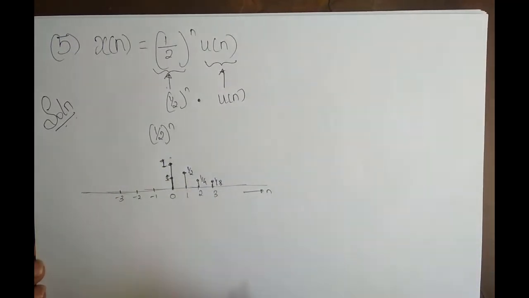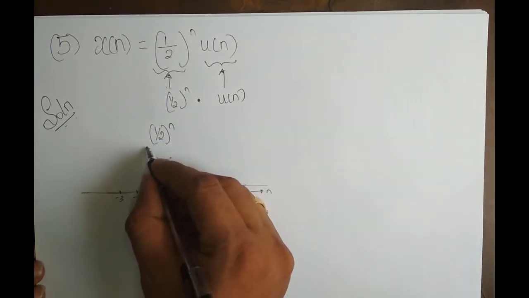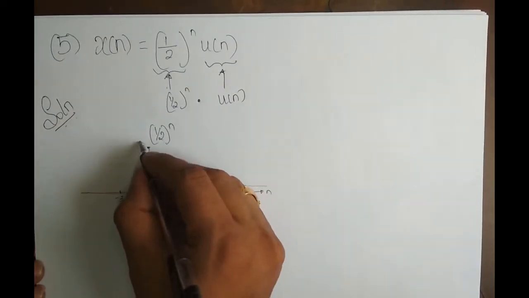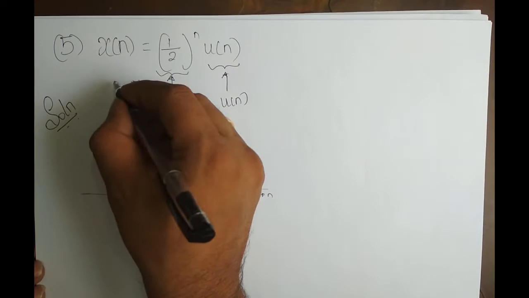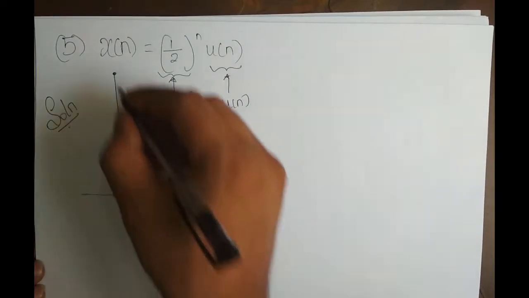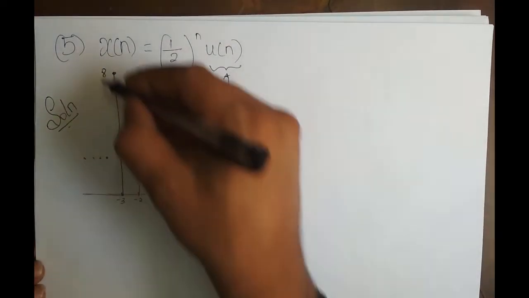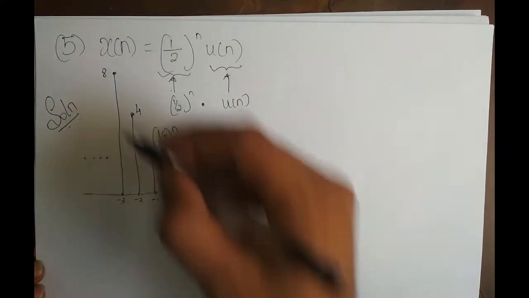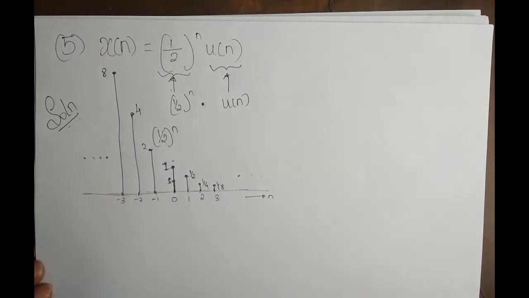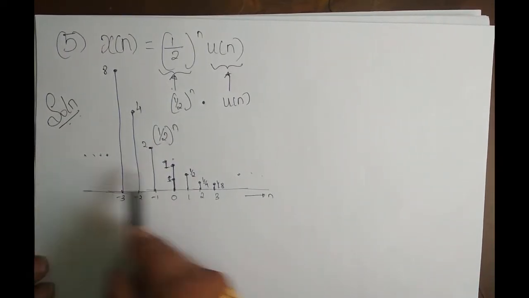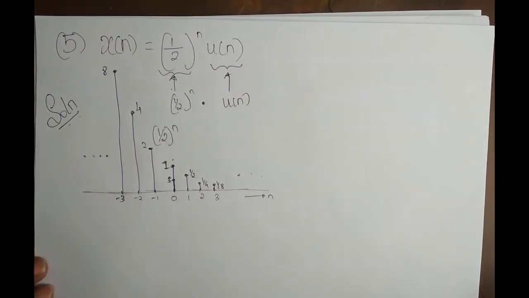So it is basically decreasing, right? At n equal to minus 1, what is the value? 1 by 2 power minus 1, which is 2, right? At n equal to minus 2, 1 by 2 power minus 2, it is 4. And at n equal to 3, it is 8. It is not as per the scale, but you can guess what's happening, right? So as a whole, it is decreasing. This is our 1 by 2 power n signal, where n is varying from minus infinity to infinity, but I have taken from minus 3 to plus 3. From this only we will come to know how it looks.